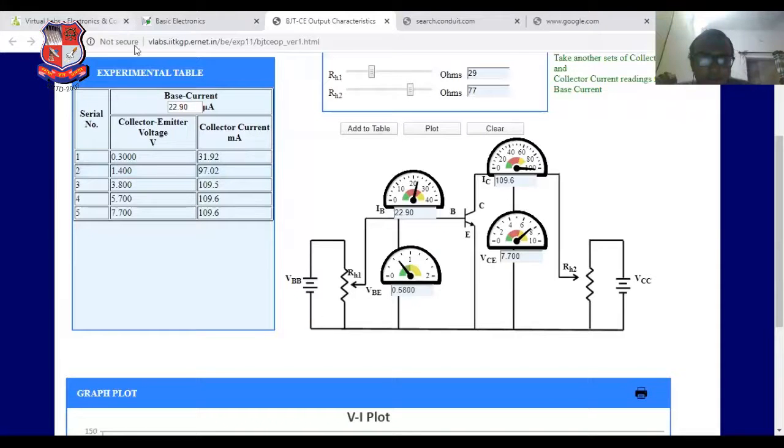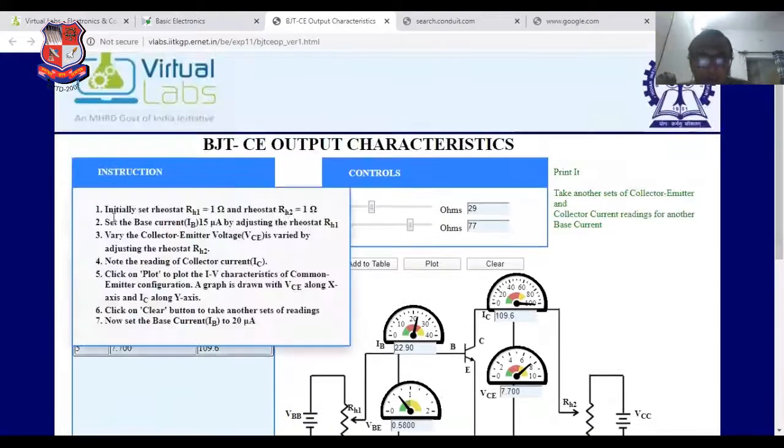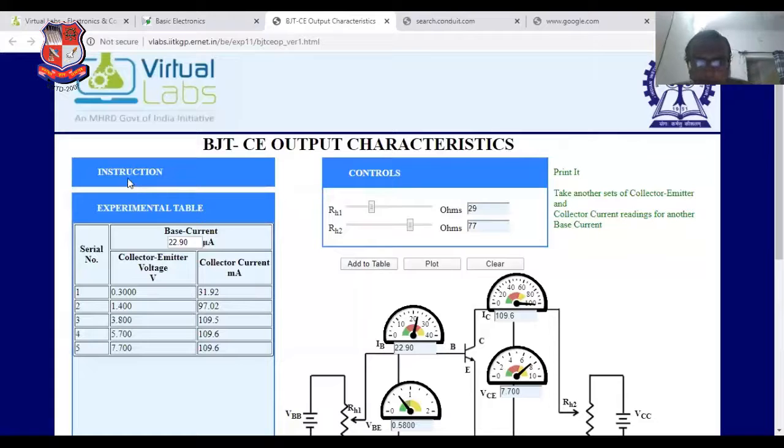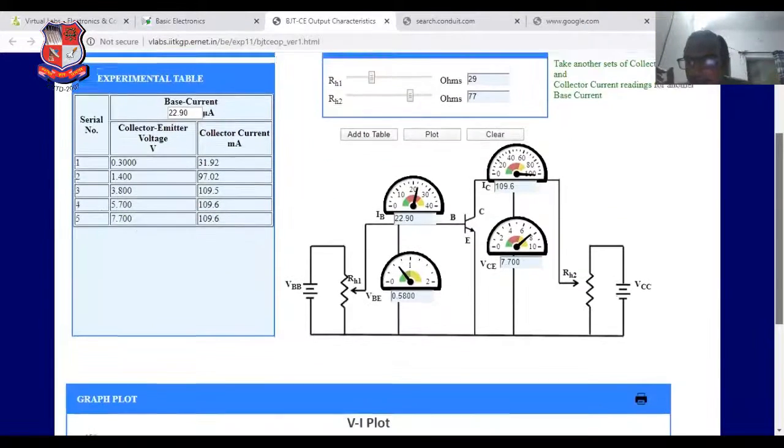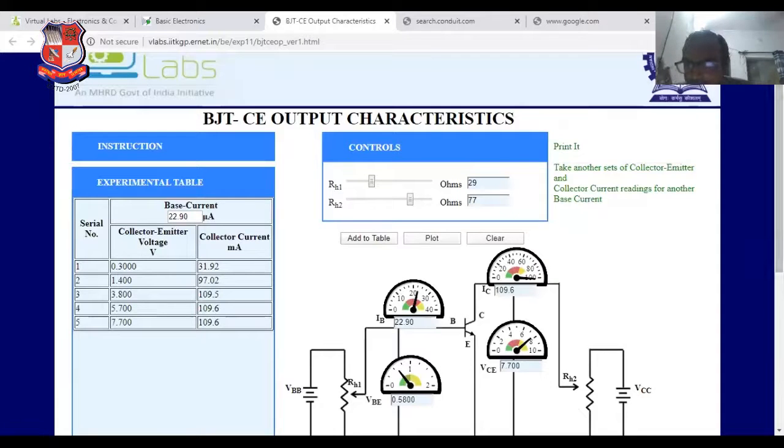So read the steps here very carefully. Read the steps here clearly, the steps are given, and not just this link. You can directly access the practical. Thank you. Once you first do the practical, then you will be able to understand easily. Output characteristics plot between VCE and IC. Input characteristics plot between VBE and IB. So these are the input and output current and voltage respectively. Thank you very much.